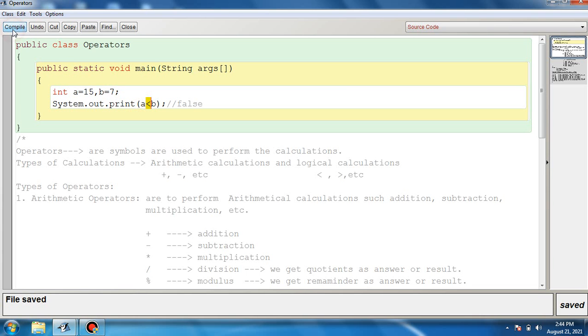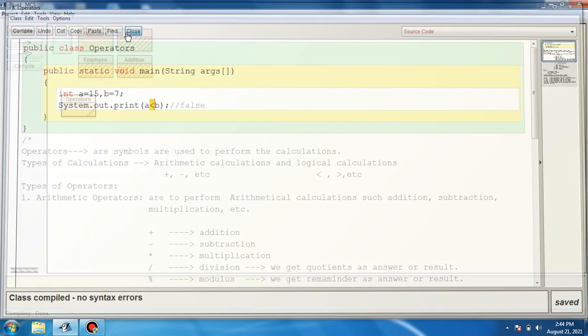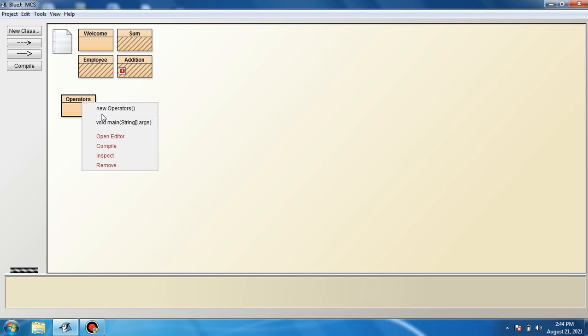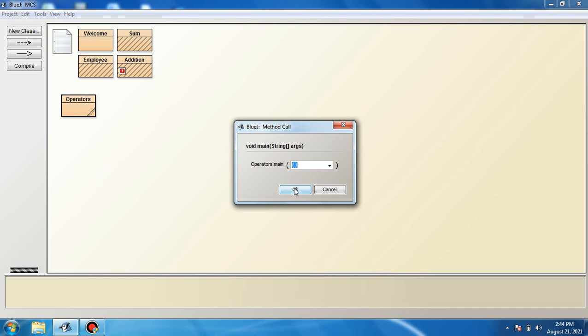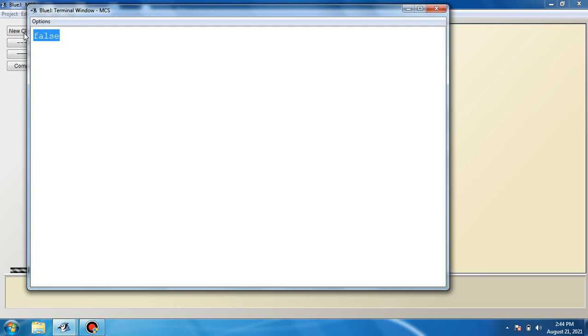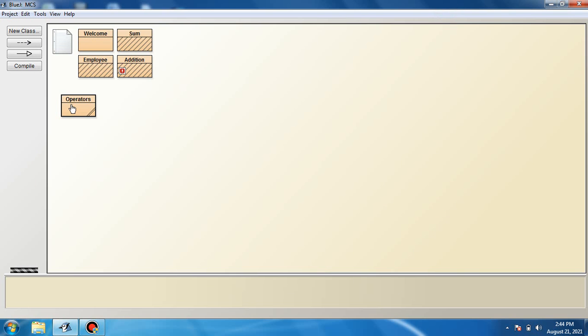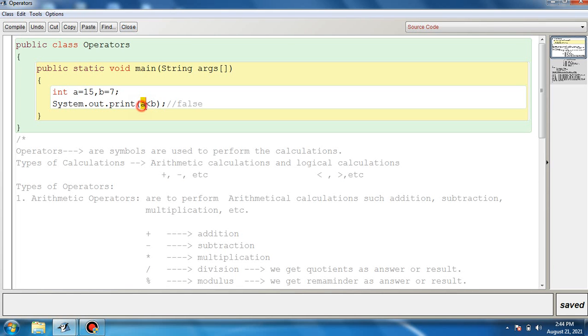We compile, close, right click on the class icon, and a shortcut menu appears. Click on run main, and we can see false. Why is false appearing? Because the value stored in A is the bigger one, and we check whether A is smaller than B or not. Since it is not smaller, it returns false.